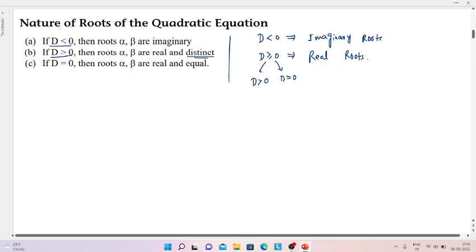So these are actually written down here from this particular part, this particular part, this particular part. So why for d greater than 0 the roots will be distinct, right? And for d equals to 0 the roots will be equal. We'll discuss this in this particular lecture, right? So you know, by Sridhar Acharya's formula, right? By Sridhar Acharya's formula,